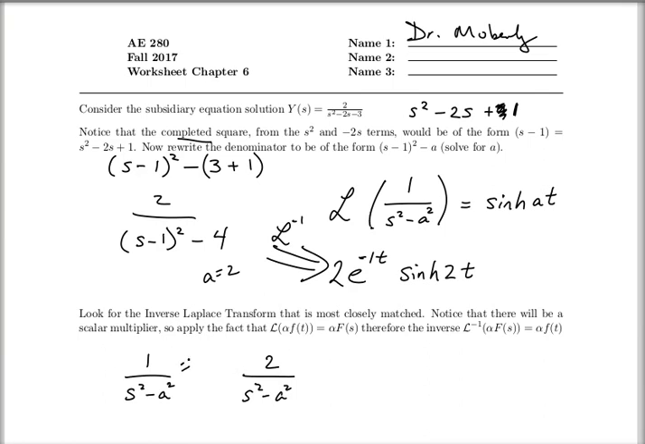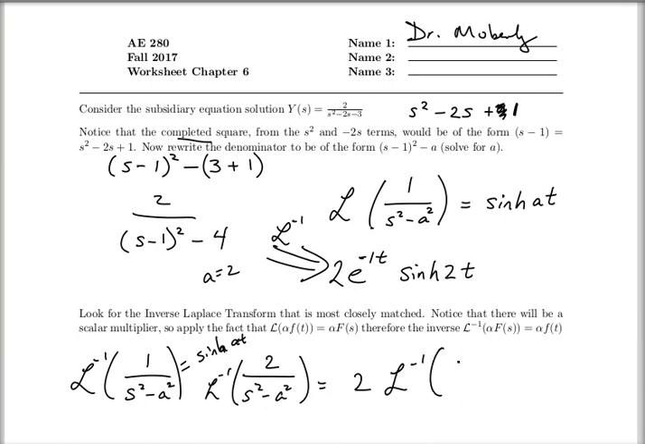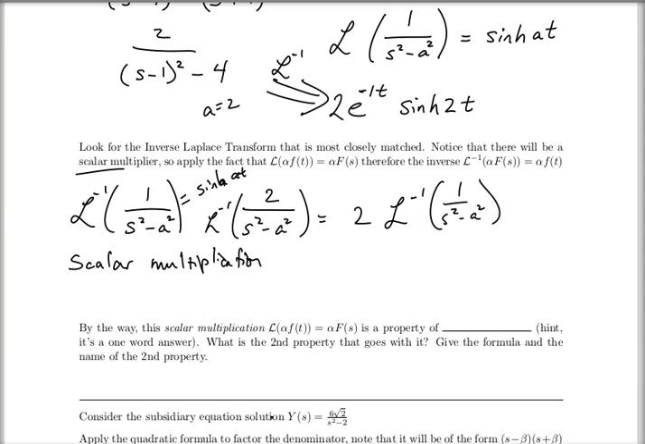We know that the inverse Laplace transform of this is going to be sinh at. Therefore, the inverse Laplace transform of this is going to be 2 times the inverse Laplace transform of that. And this property is called scalar multiplication. I believe you were asked to identify scalar multiplication as a property of linear